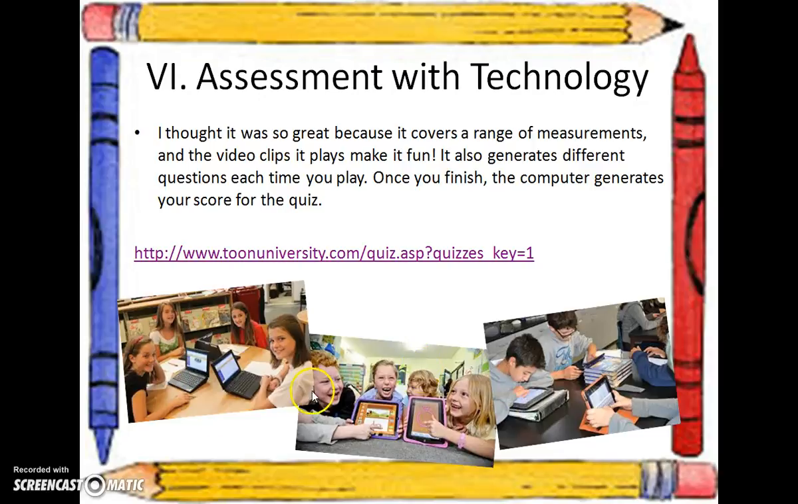I just thought it was really great, and I took the test several times and it has different questions every time, so I thought that would be good if you had 2 students working beside each other. That way they wouldn't be able to copy off of each other. They would each get different questions, but it would still be the same format,